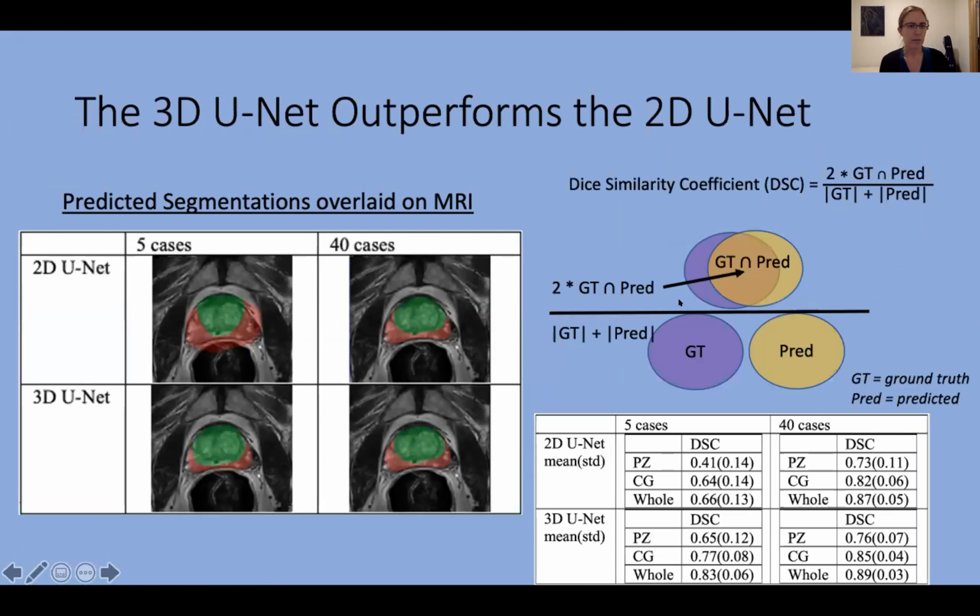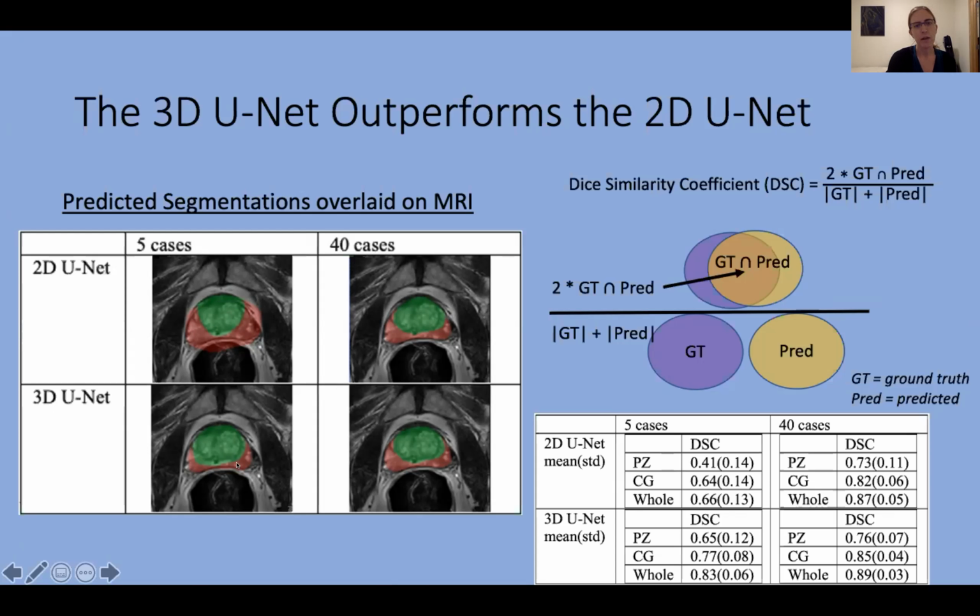And here's a sample of the results that are representative of the model. So you can see a comparison of the 2D U-Net versus the 3D U-Net here. I trained it with both 5 cases as well as 40 cases, and you can see that the 3D U-Net far outperforms the 2D U-Net, particularly when few cases are used. So for example, if you compare these two here, you see in the 2D U-Net, the segmentation of the red peripheral zone bleeds far beyond the prostate, but in the 3D U-Net, it's a better approximation of where the peripheral zone